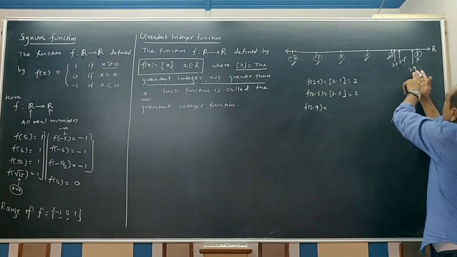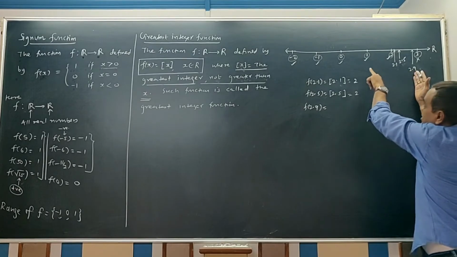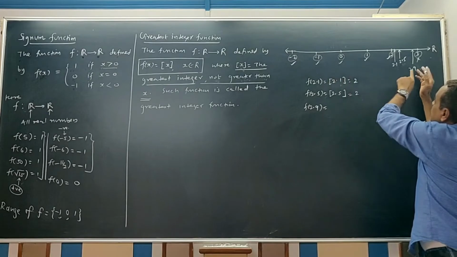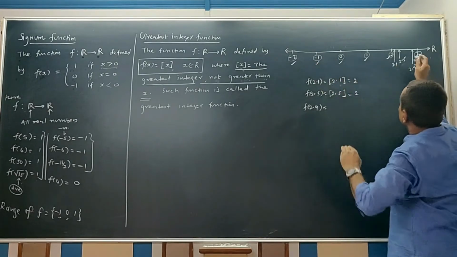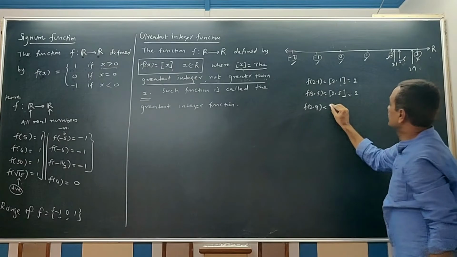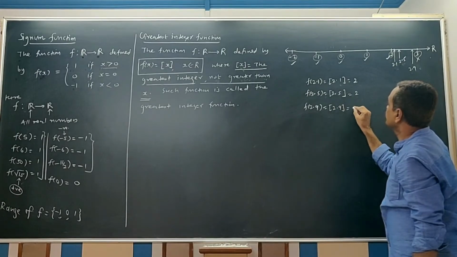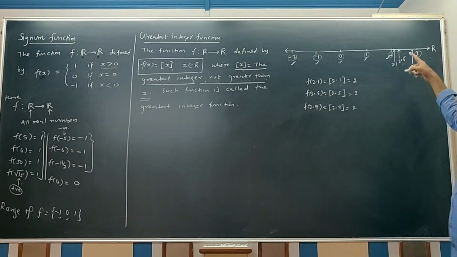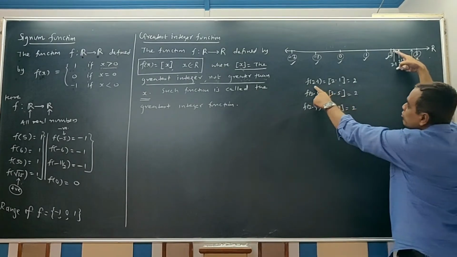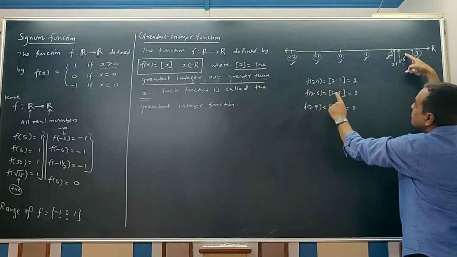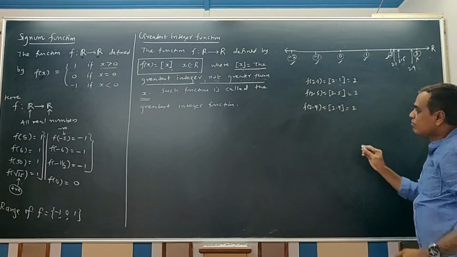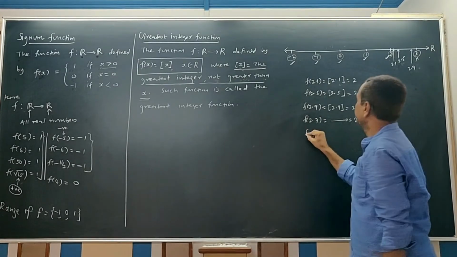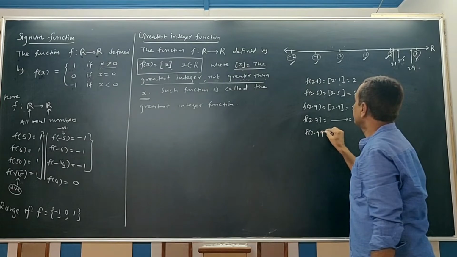Now among these which are smaller than 2.9, which is the greatest integer? So on the left side of 2.9, the greatest integer is 2. So here the output is 2. See, you can see that if we take 2.1, the box value of 2.1 is 2, the box value of 2.5 is 2, the box value of 2.9 is 2, the box value of 2.7 is 2. Similarly, it will be 2. If you take the box value of 2.999,